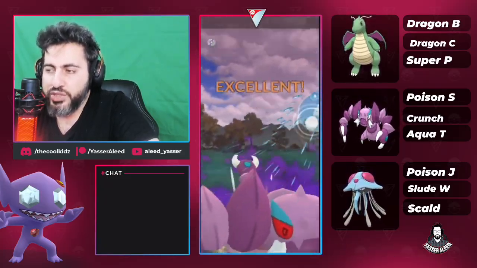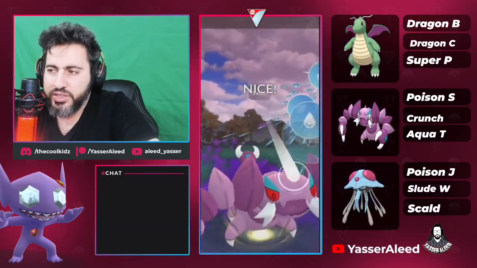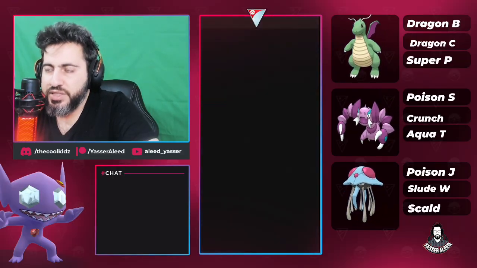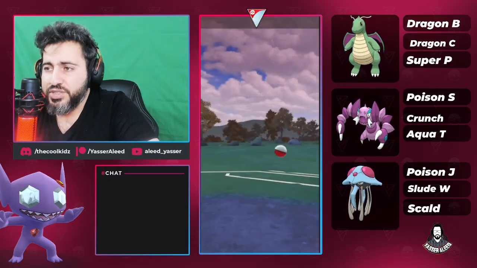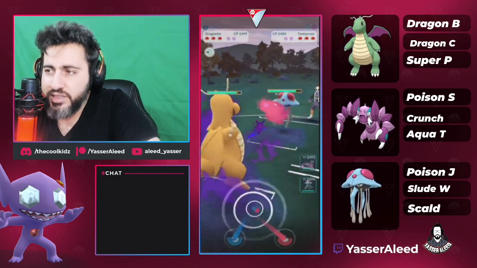So now we just have two charge moves. One will be for the Gator, and one will be for the Venusaur, and that's how we will win this game. I still have a shield, so we're chilling, right? And Tenta into Dragonite into Tenta. This is such a bad lead, honestly, because